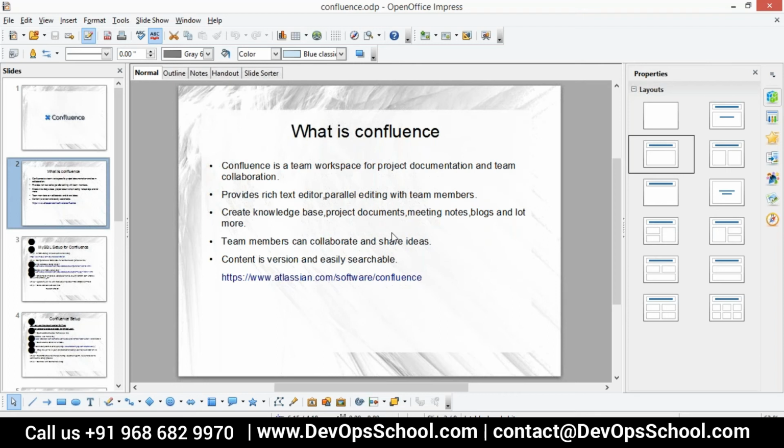When you say versioning, is that the job of Git, the source code versioning, or is it knowledge management versioning, meaning my document or notes have been updated? Versioning is a general term. I have created something and tomorrow someone changes something, so I should be aware of what the content was before someone changed it. That is versioning.